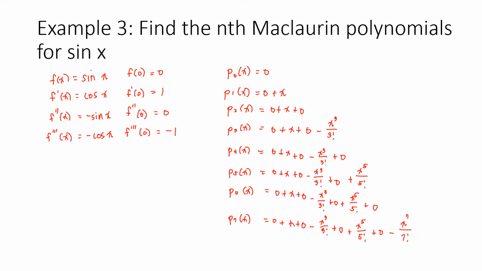That is, you could have p sub 2k plus 1 of x would be equal to p sub 2k plus 2 of x,